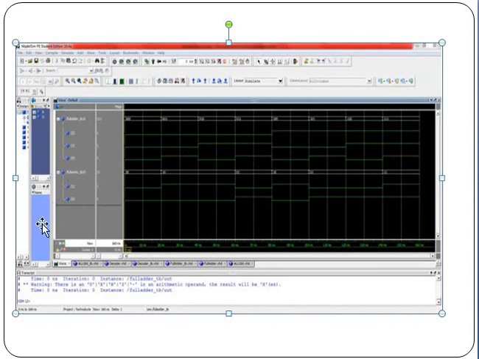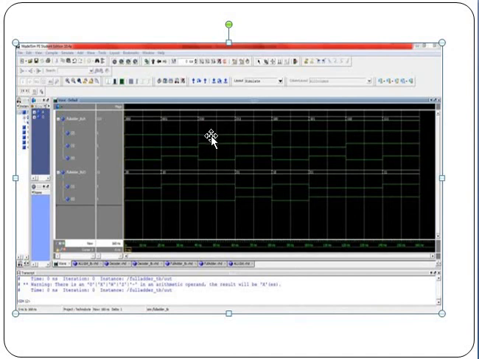Here we can clearly observe the output, which is the sum. For input 0 0 1, the output is 1. Here for 0 1 1, the output is 0.